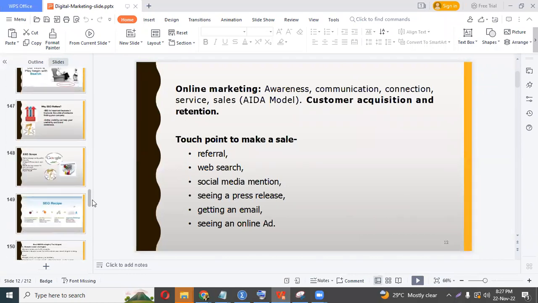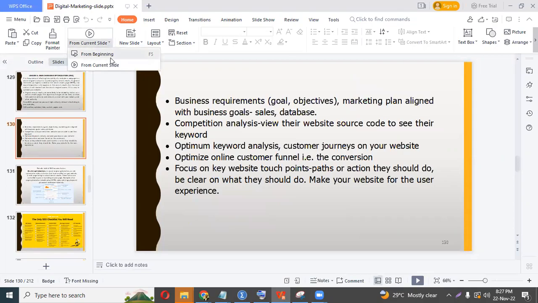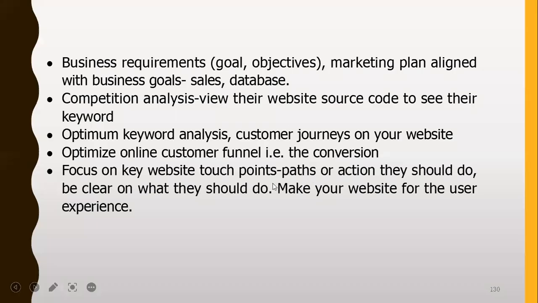The point is that how do we make sure that people can get to us? How do we make sure that we optimize our website so that it's easier for people to get to the website? And when people get to our website, how do we make sure the website is appealing enough and there's a good user experience? So that's what's called UI/UX. UI is user interface, UX is user experience.